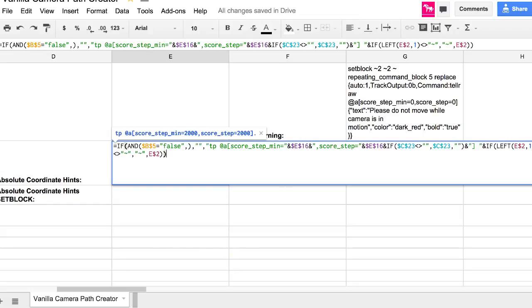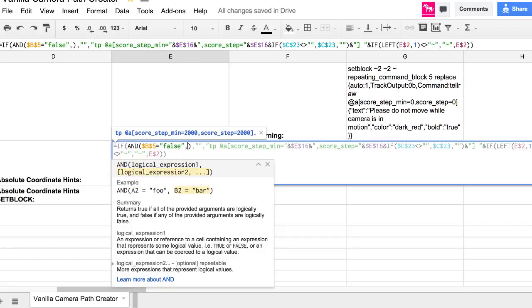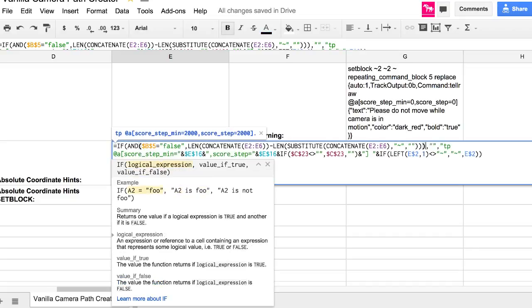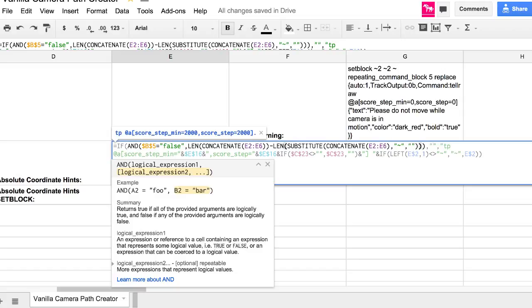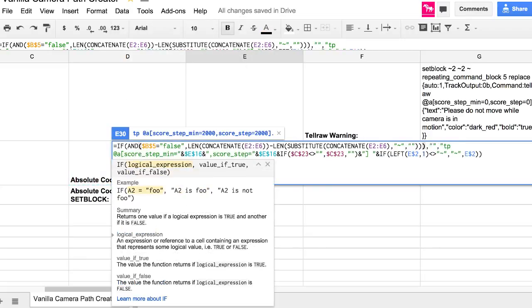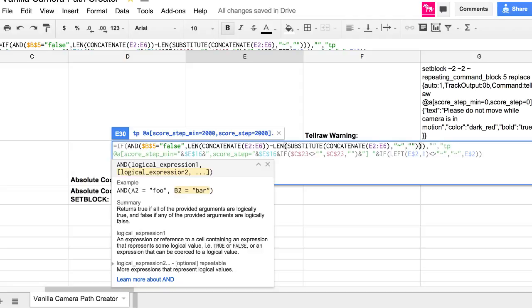We're doing the AND operation, right. So if that and this length concatenate E2, E6 minus that, is equal, wait, what parentheses are we at? This one. Is equal to, or is greater than or equal to 3. If it's greater than 3, then it's, like, broken. But if it's greater than or equal to 3, okay,